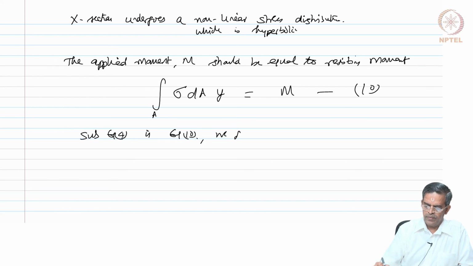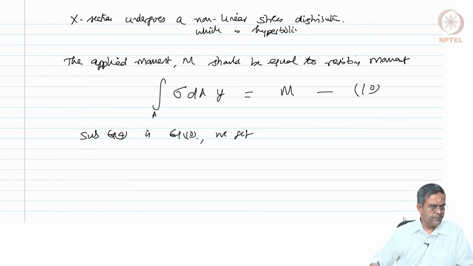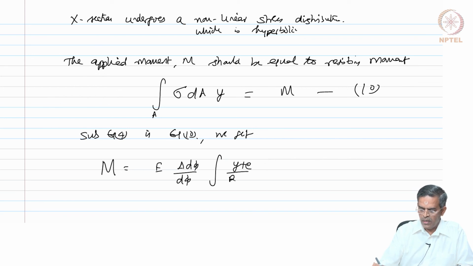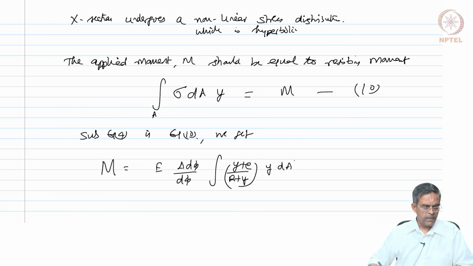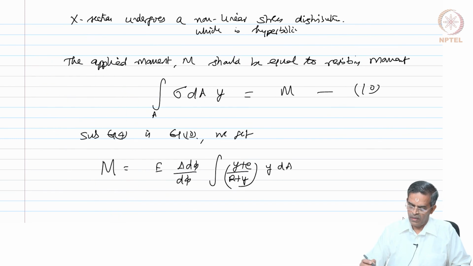Equation 4 is here, just wrote it for you. So, now M becomes E del d phi by d phi integral of y plus E r plus y dA, y dA. Am I right? Just check this equation 4, and I have a y here, y dA. We call this equation number 11,